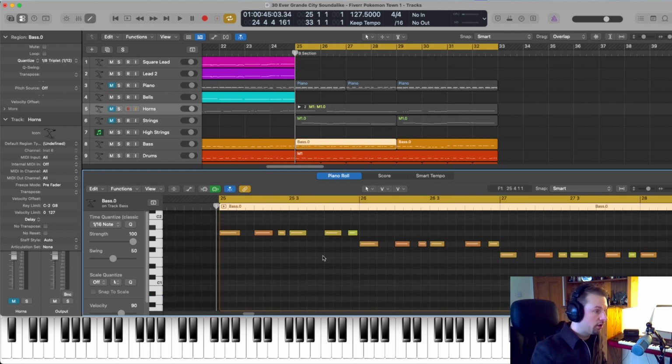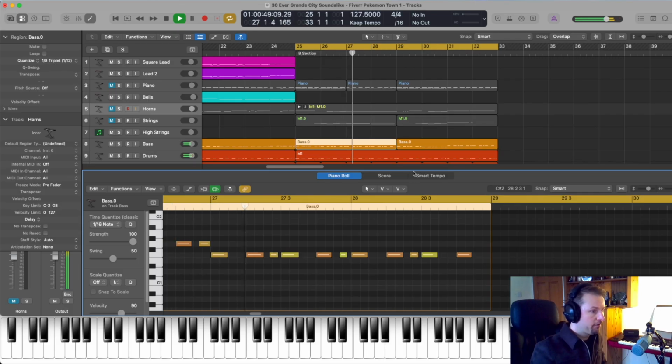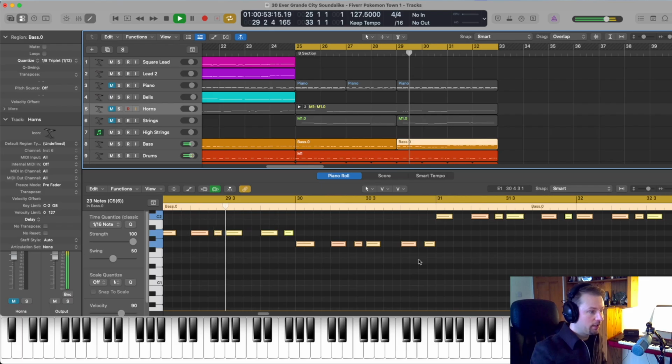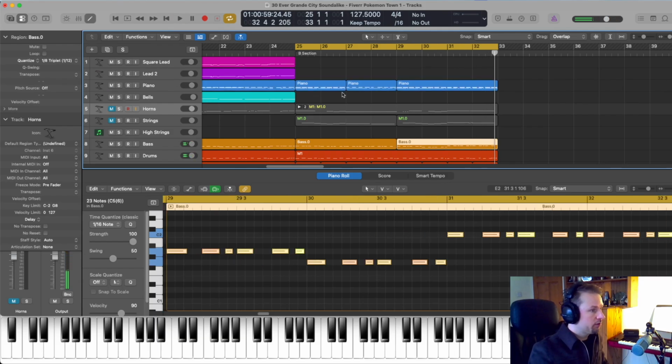So the bass is just going A, G, F. And then A, G, and C, which is basically the outline of the chord progression. And then with the piano,